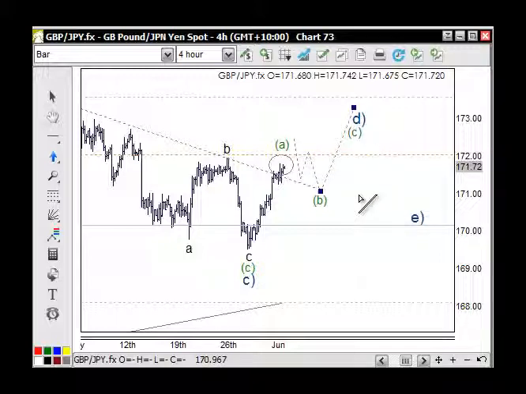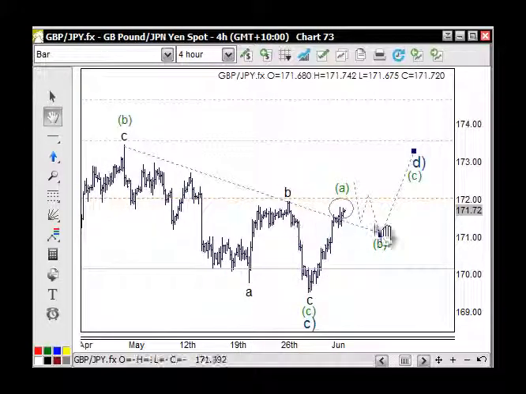It's silly to go long into a level like 172 on this side of it, even though it can move a bit higher through here. Probably better off looking at the